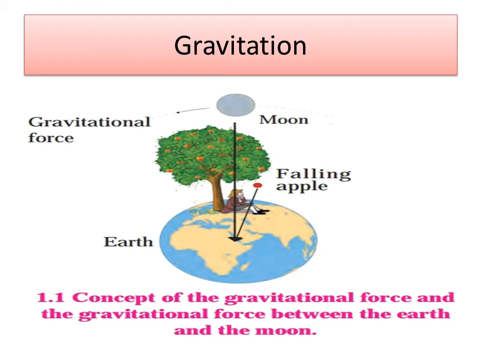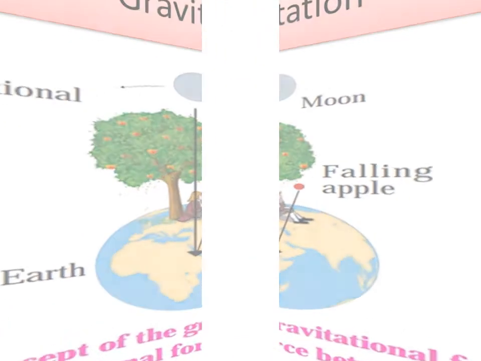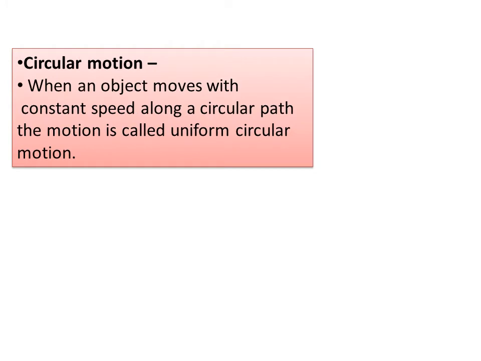As the story goes, once Newton was sitting under an apple tree and suddenly an apple fell down on the earth. He thought a lot and came to the conclusion that the earth is attracting the apple towards itself, which is gravitation. For this, we are coming to some concepts.